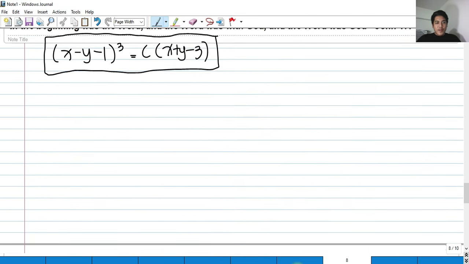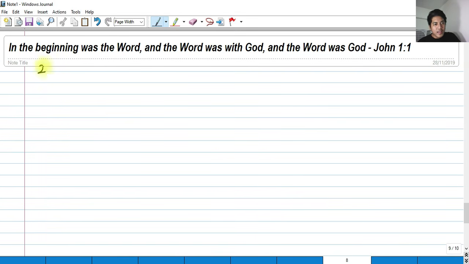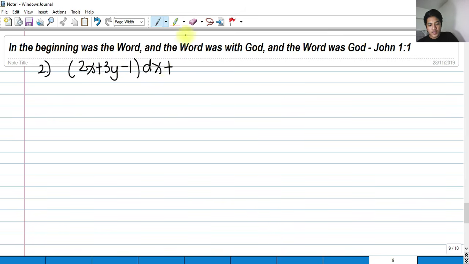So let's try to solve another problem. This would be our last problem, and the second case. What if we are asked to solve (2x plus 3y minus 1) dx plus (2x plus 3y plus 2) dy? Now notice that our lines here, 2x plus 3y minus 1 and 2x plus 3y plus 2,